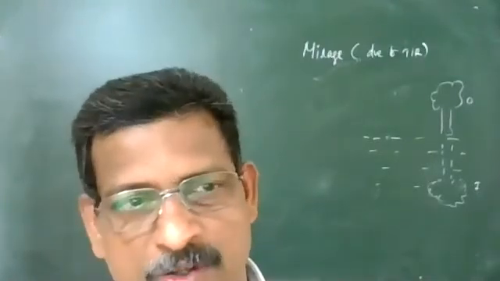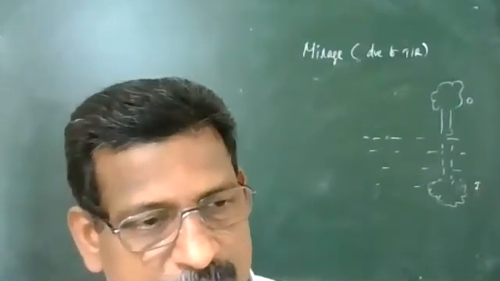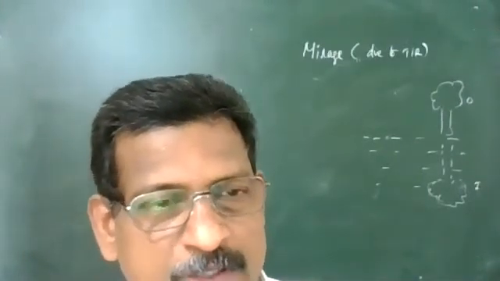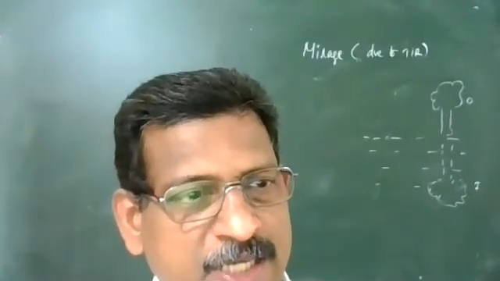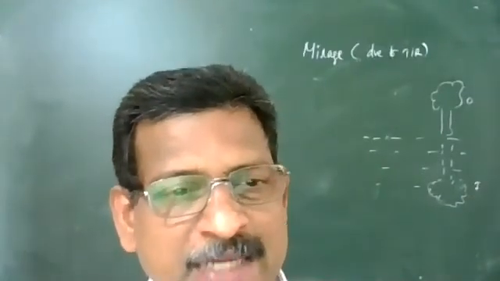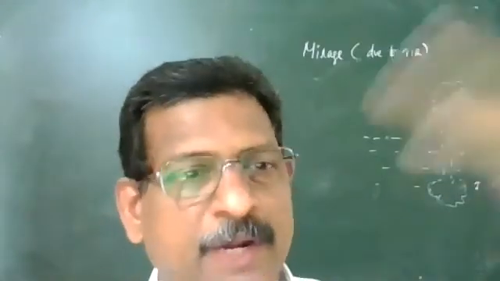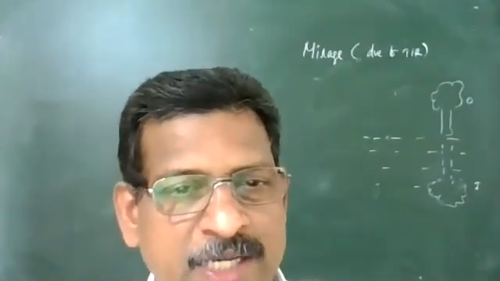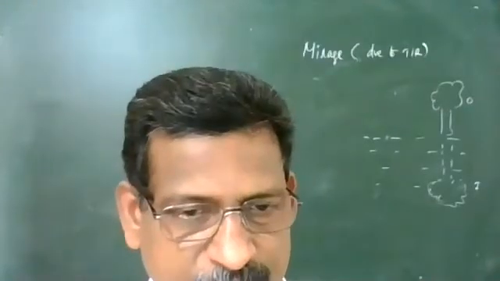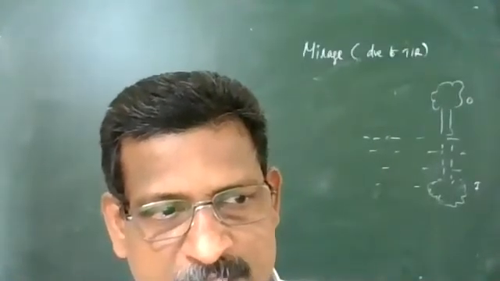In desert regions on hot summer days, the sand near the surface of the earth is very hot. The air density just near it is very less, so it acts like a rarer medium. Slightly up, 1 meter, 2 meters, the temperature is comparatively less, so that region appears denser. So even without water there, we see this kind of effect.